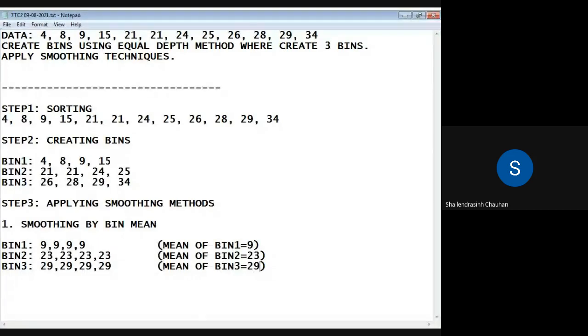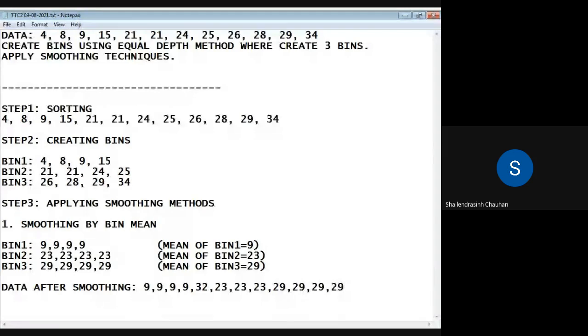This first technique, or first method, we have applied, and the data after smoothing will be as follows. So this is the data that you are getting after performing the smoothing method. Here it will be 23, not 32.